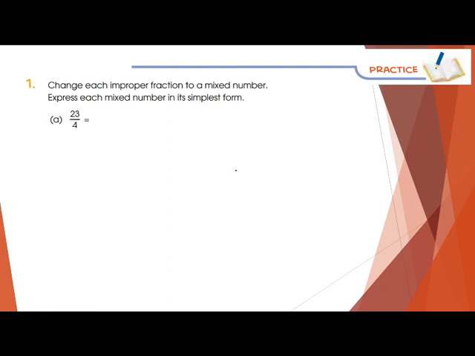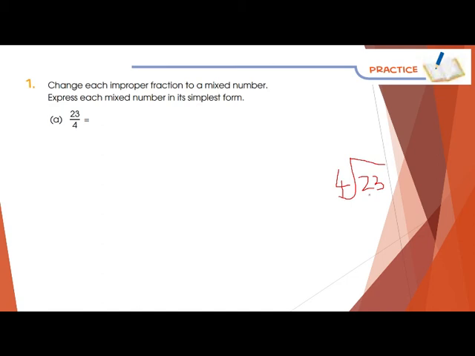How you can do? 23 upon 4. Simply there are two methods to solve this one. So you can do like this, divide it, or you can make different 1 whole, 2 wholes, 3 wholes, how many wholes will be there. So you have to convert it. Let me show you. It's a 4 which you will write here and it will be the 23. Okay, read the table of 4 to get the 23, and we know that 23 is not coming in the table of 4, so we will find out the value which is less than the 23.